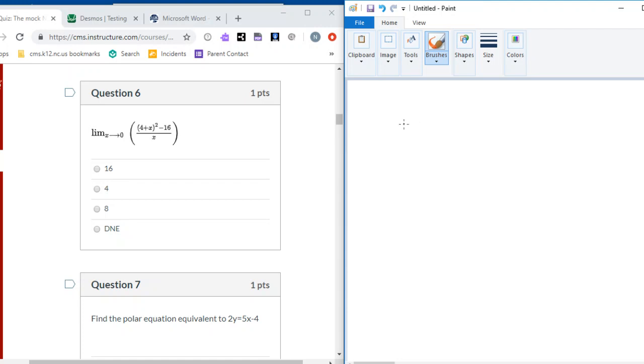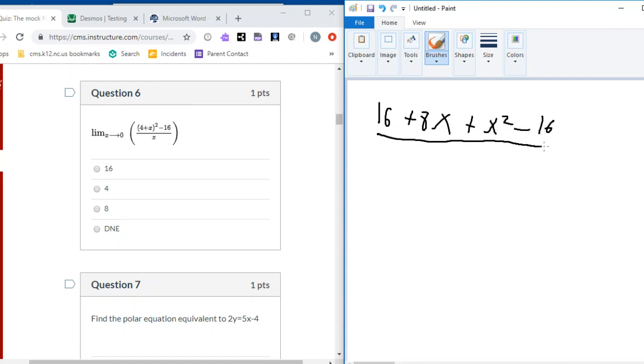So first, if we use direct substitution, we are dividing by 0, because we have x in the denominator. You can't divide by 0, so we have to see if we can factor. So let's expand 4 plus x squared. That becomes 4 squared, which is 16, plus 2 times x times 4, which is 8x, plus x squared, minus